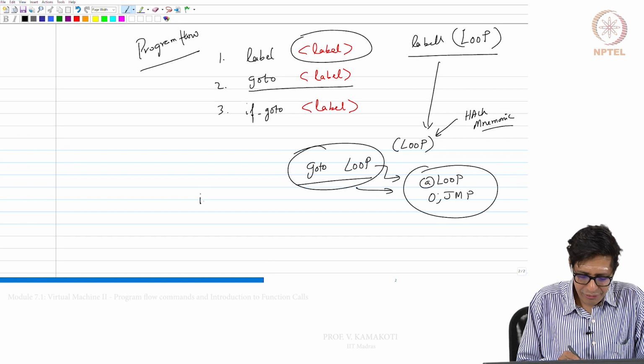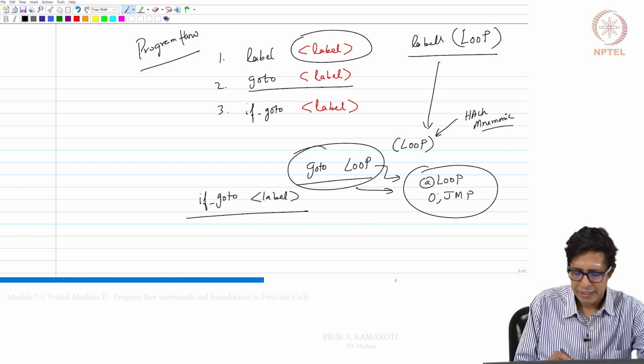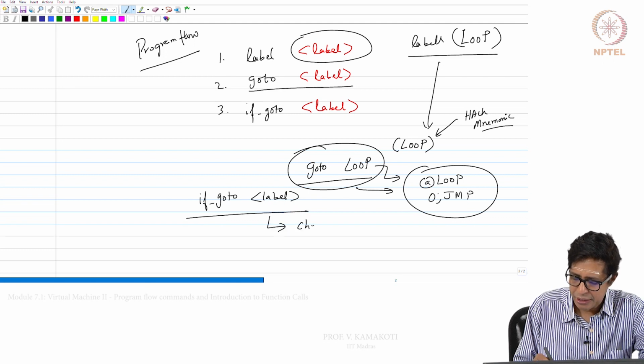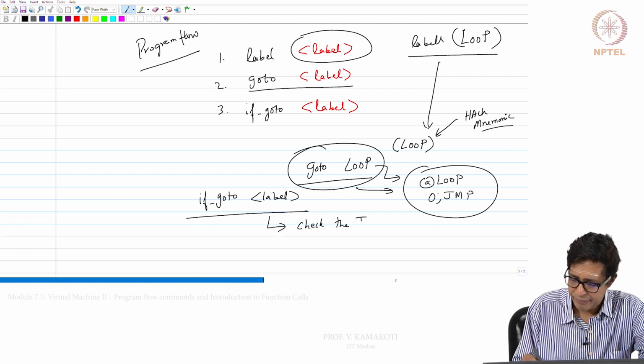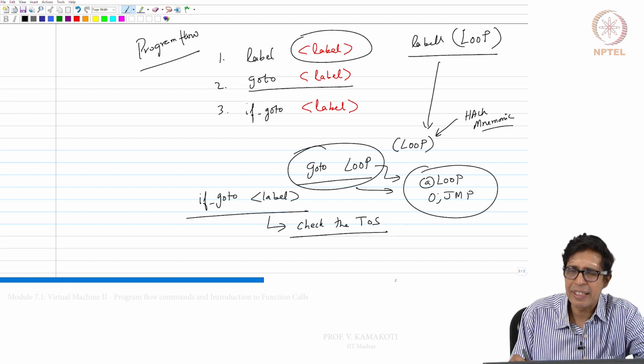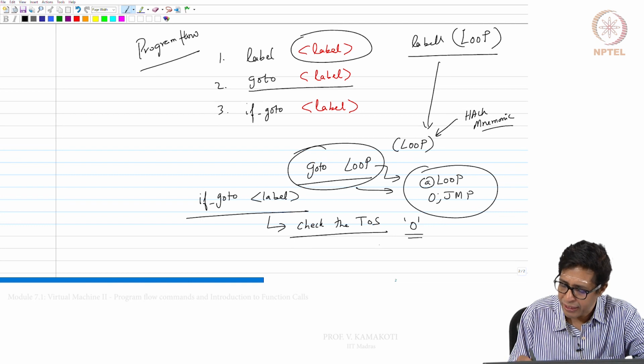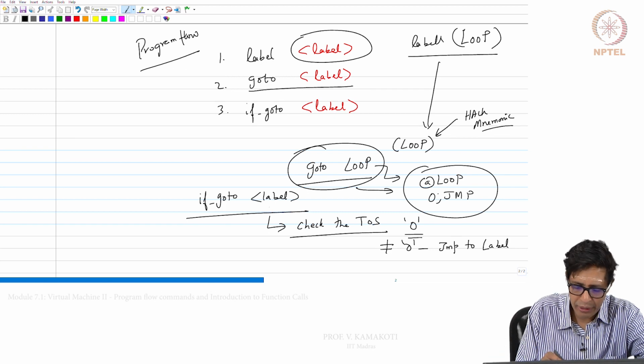And then if underscore go to some label. This is slightly interesting. What it does is it will check the top of the stack. If the top of the stack has a 0, then it will do nothing. If the top of the stack is not equal to 0, then it will jump to the label, whatever label you have given here.